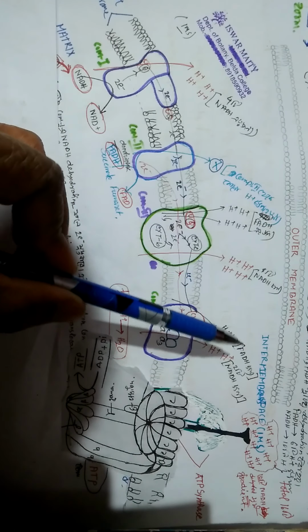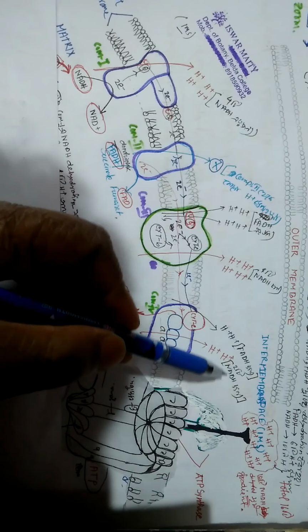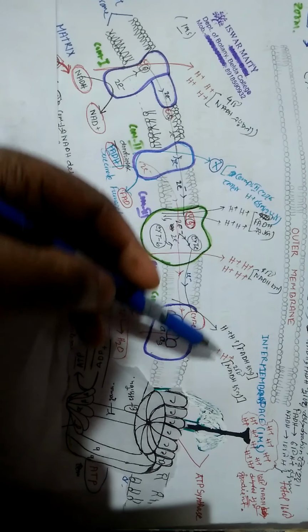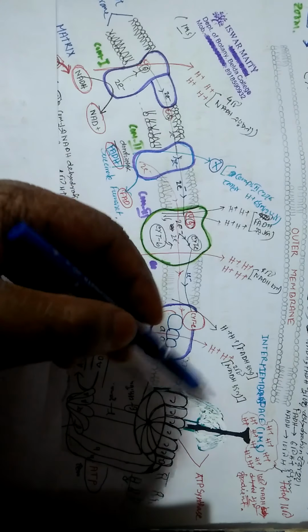So here a proton motive force is present in the IMS portion. This H plus ion gradient or proton motive force then produces a chemical gradient,